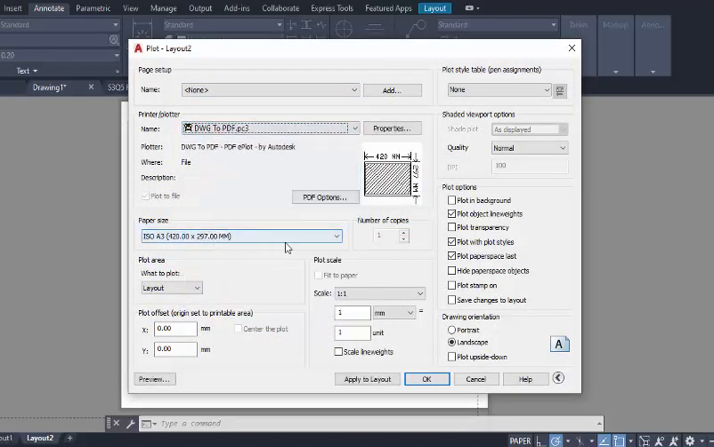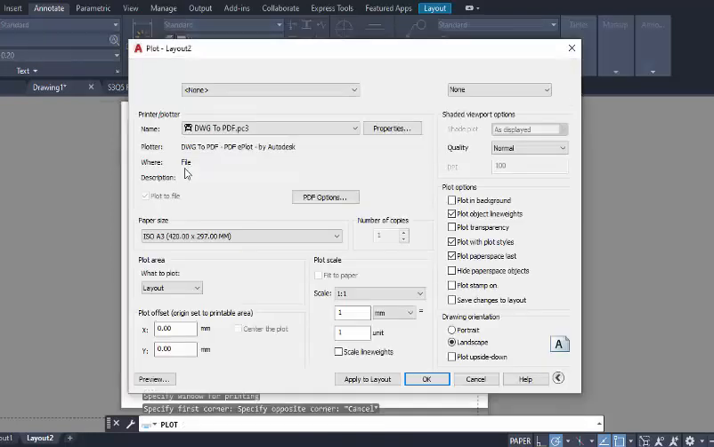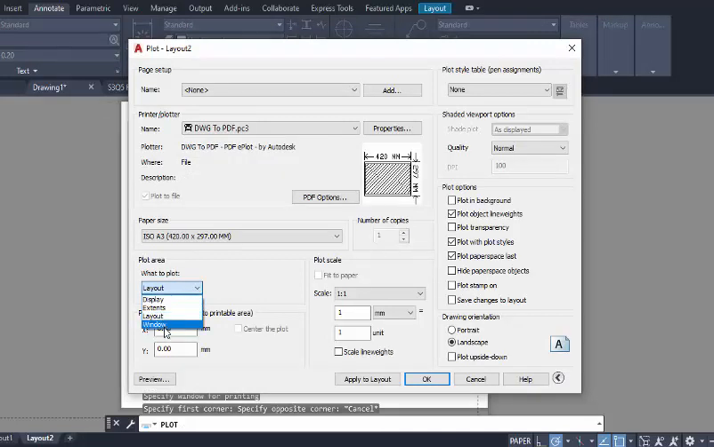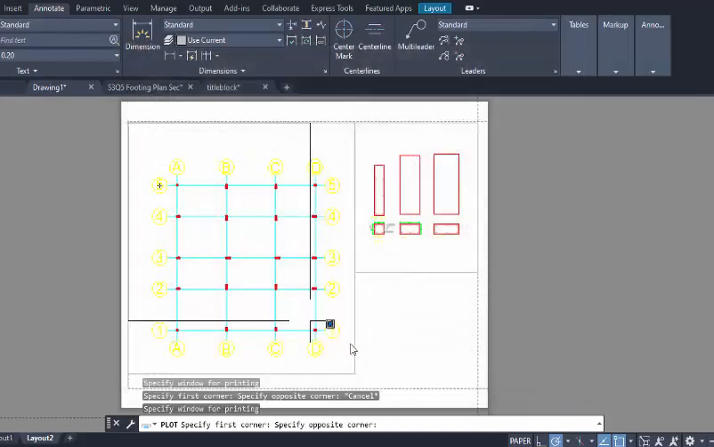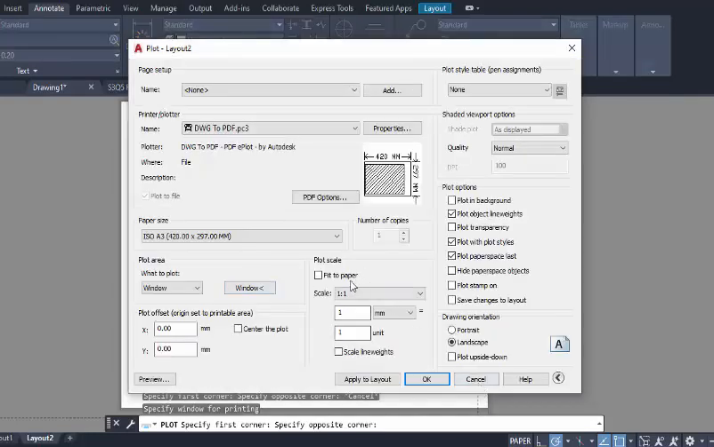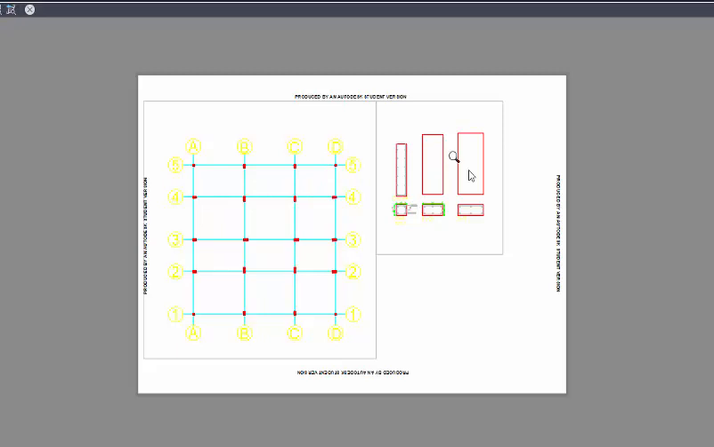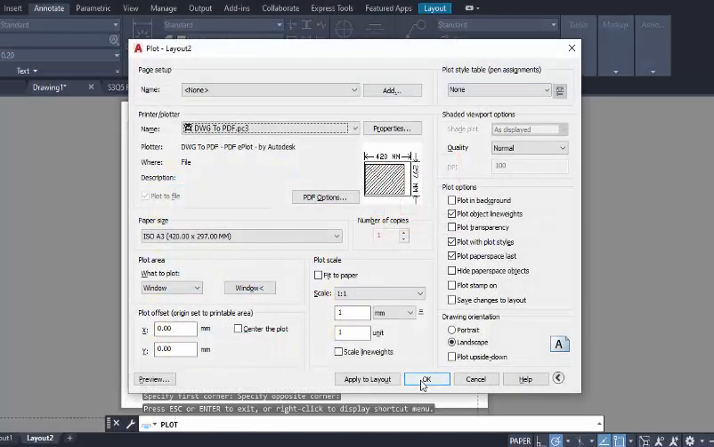Here paper size is fine, and here you can select window. For window selection you can select from here, window, select from here up to, for example, here. Then here you can see the preview. This looks perfect, and then you can click OK,